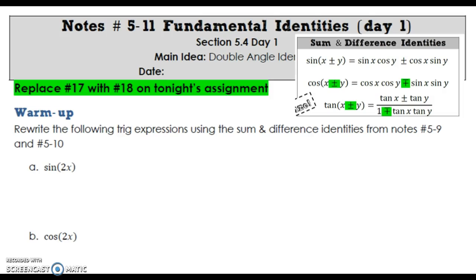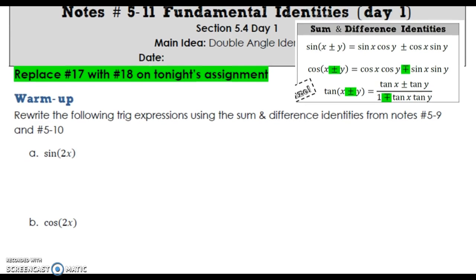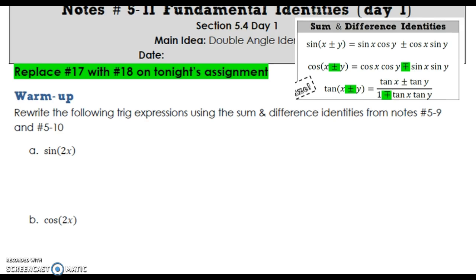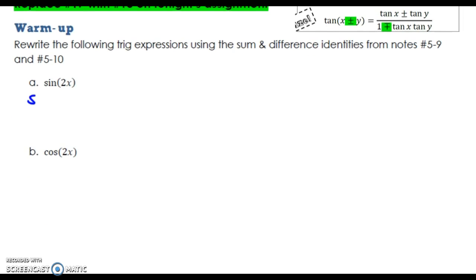Alright, these are notes 511, and we're going to start by going through what we worked through yesterday to find new identities. Technically these will eventually be double angles to you, but for today what I want us to do is use our sum and difference identities from yesterday to rewrite these and expand them. So the idea is sine of 2x, that's really the same as sine of x